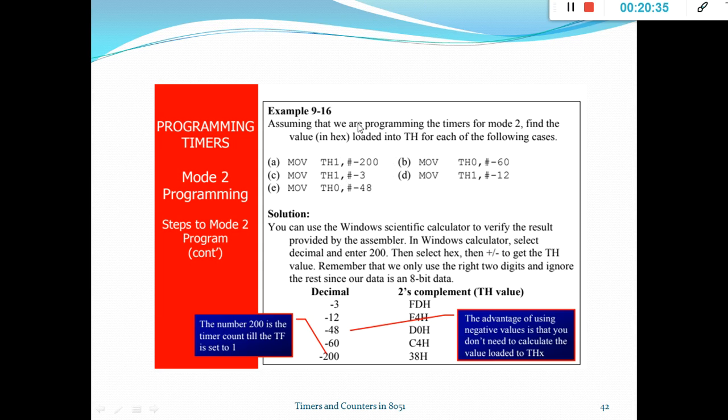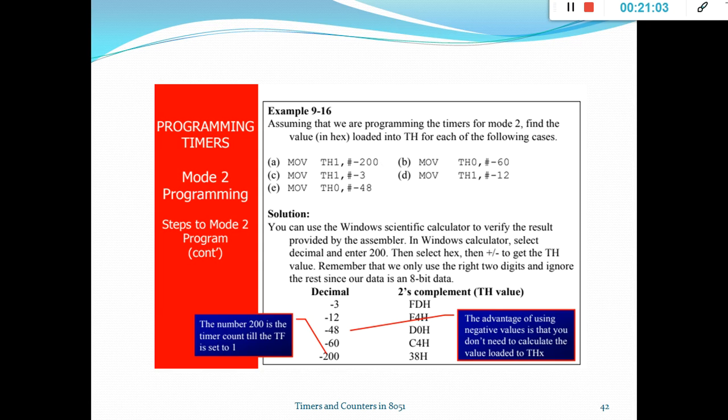Assuming that we are programming the timer for mode 2, find the value in hex loaded into the TH in each of the following cases. The first instruction is MOV TH1, #-200. If you write this instruction, it is a correct instruction. You can declare in terms of hex value, decimal value, or negative value.